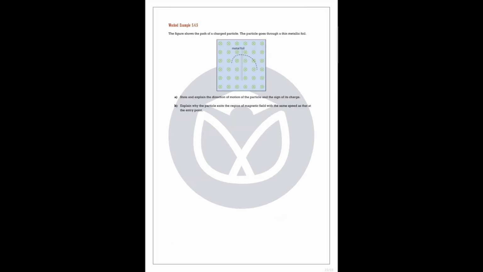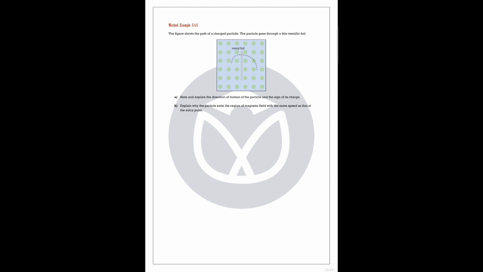The last question for this topic. The figure shows the path of a charged particle. The particle goes through a thin metallic foil. We are asked to state and explain the direction of motion of the particle and the sign of its charge. So the first thing we can notice from this diagram is that the path consists of two circular arcs of different radius. The radius gets smaller, and we can think of this intuitively because the particle loses energy as it